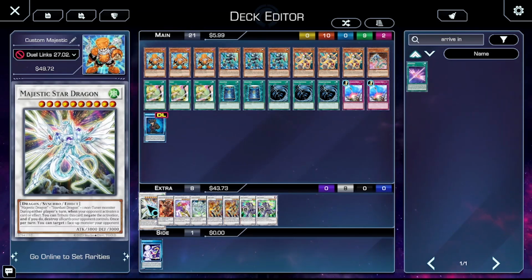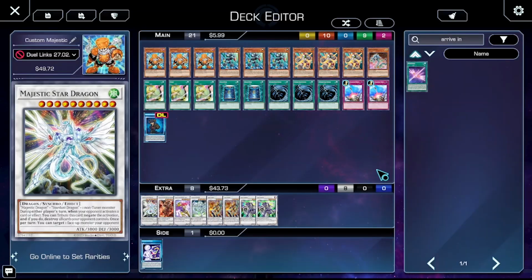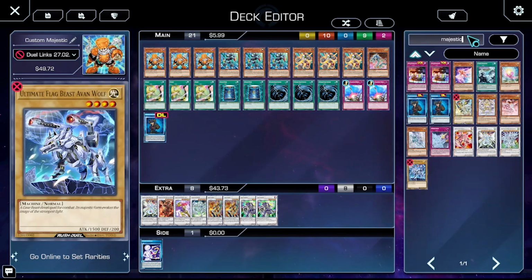And also, one big downside of this card is that it goes back to the extra deck during the end phase. Is it not mandatory? It is not optional. It is mandatory. So it is a pretty bad card, and we actually do have some skills that help summon these Majestic Synchro